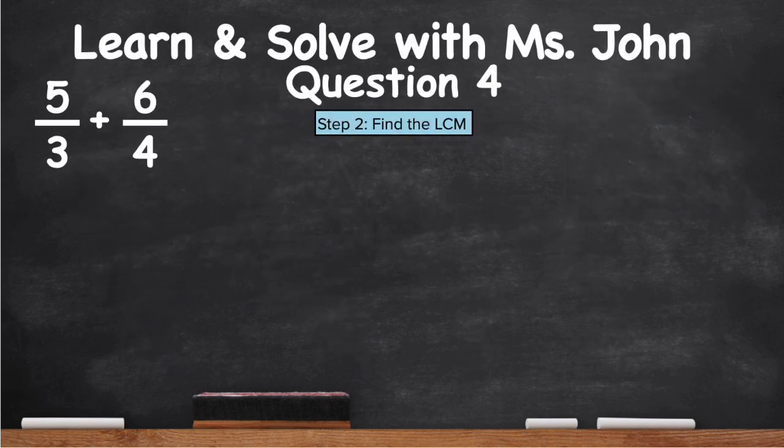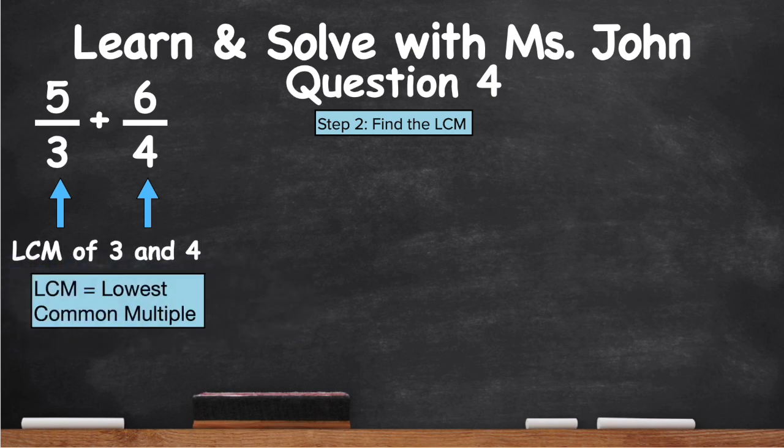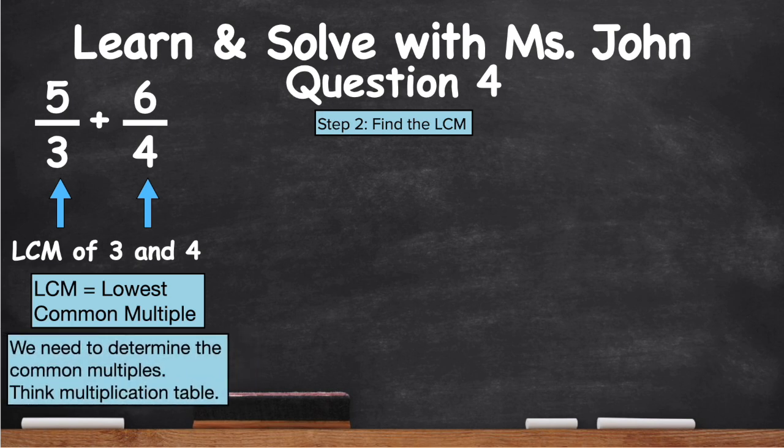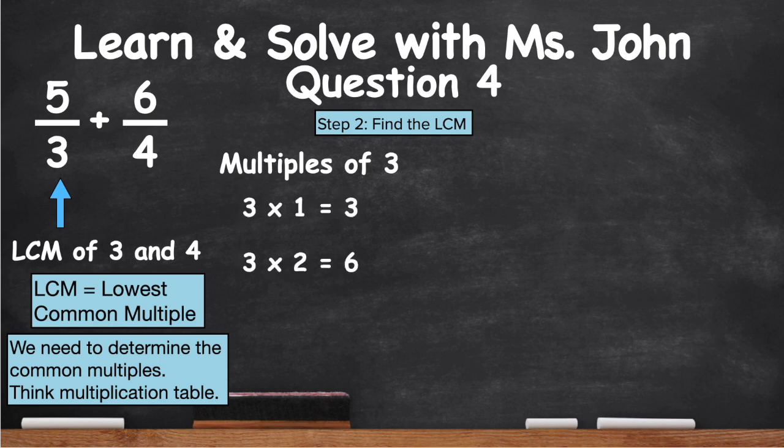So we're going to find the LCM of 3 and 4. Remember, LCM is also known as the lowest common multiple. We need to determine the common multiples, so think the multiplication table. So what we're going to do is find the multiples of 3. 3 times 1 equals 3, 3 times 2 equals 6, 3 times 3 equals 9, 3 times 4 equals